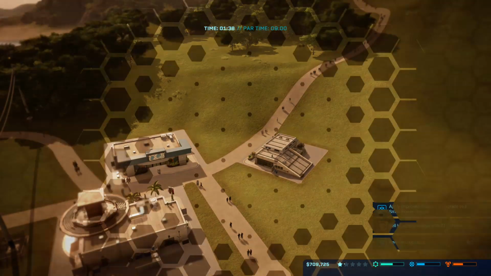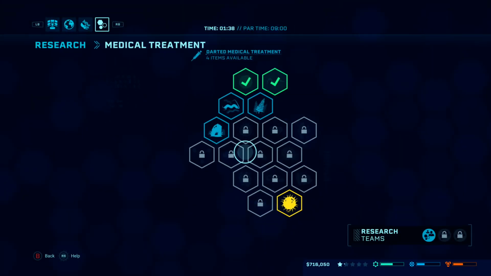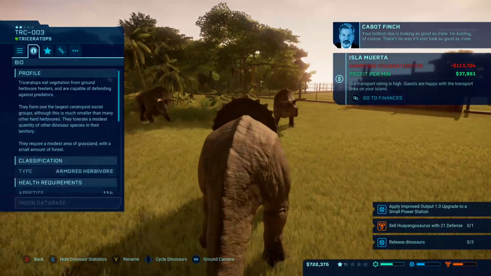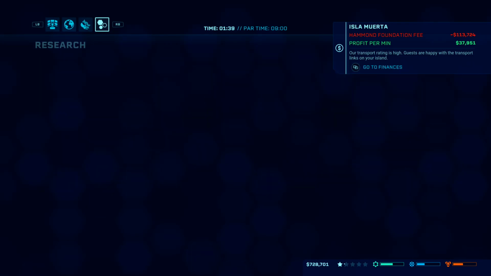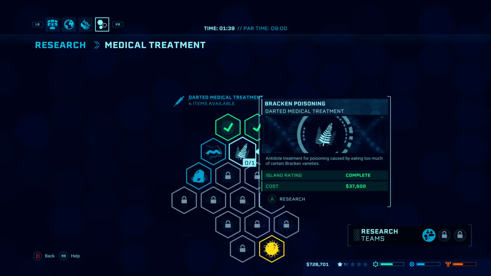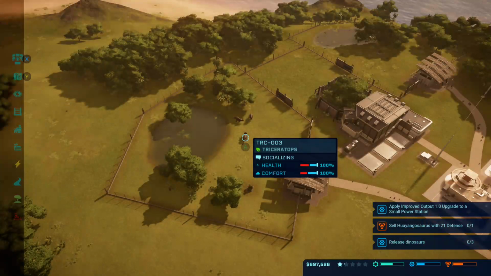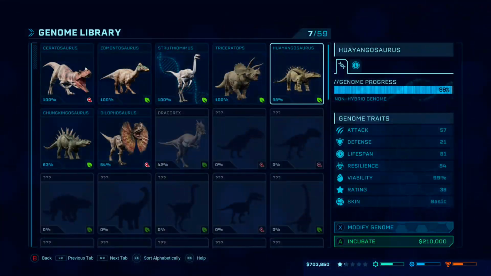Now the real question is, see what fossils we got first. I need to start researching these guys. I think I'm safe because I don't think any of these guys are susceptible to unique diseases. Okay, Triceratops is susceptible to hookworms. We'll do that one first. I'm pretty sure Struthiomimus and Edmontosaurus are... Oh, and I already did hookworms. We'll do bracken poisoning next. Pretty sure that's what Huangosaurus is susceptible to. Speaking of Huangosaurus, let's see if we can...